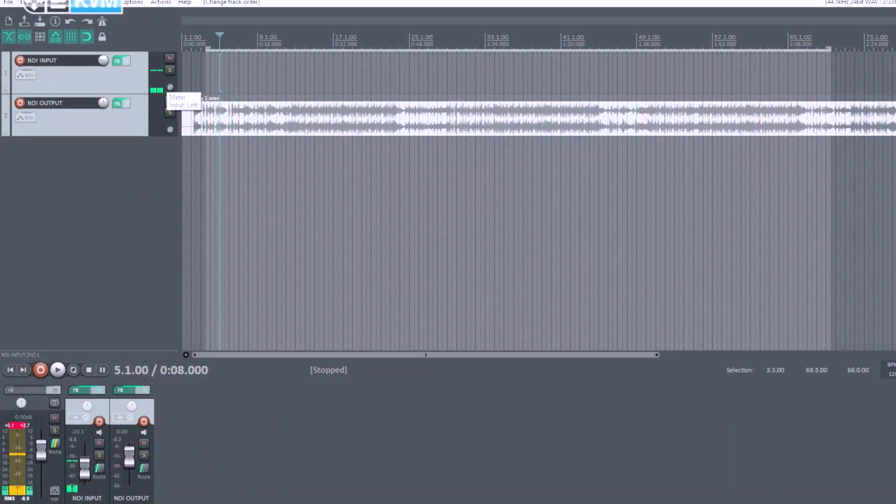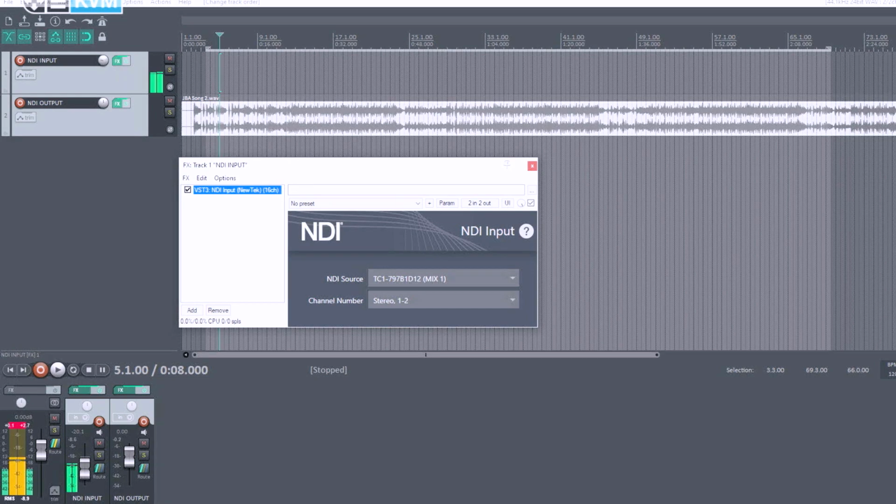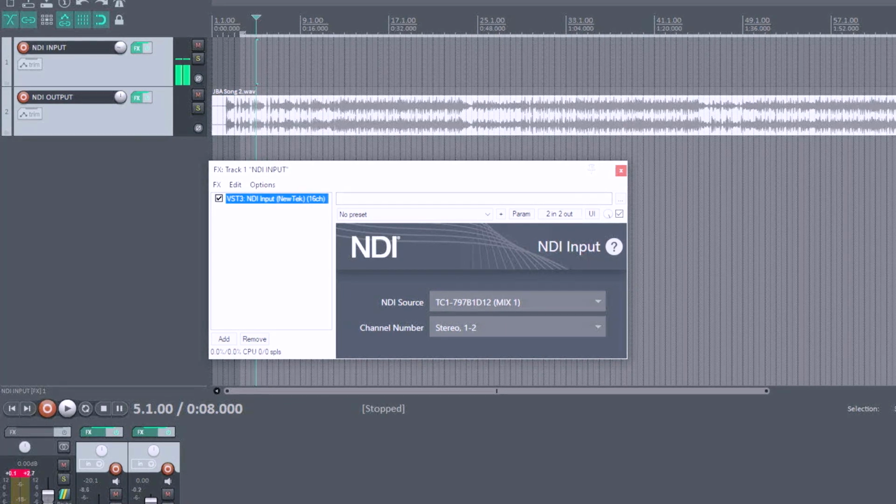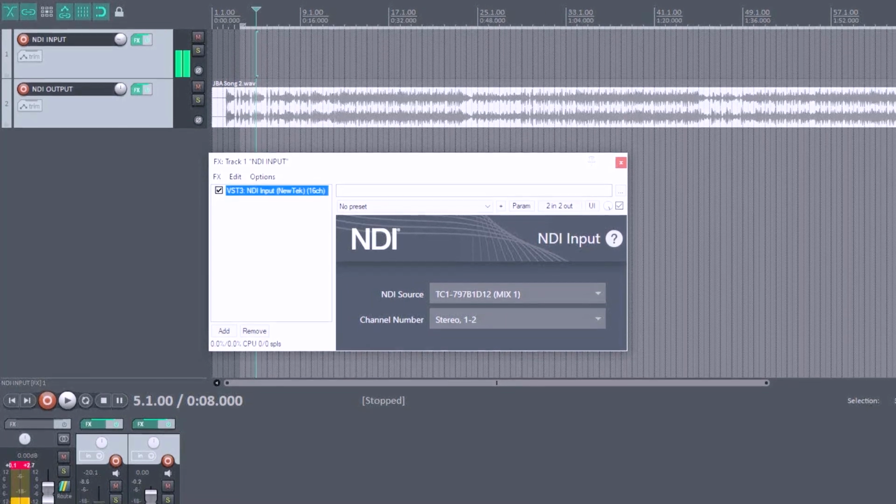So right now you'll see that we're peaking our meters. Pop. Pop. Just want to make sure everybody saw that. That was real-time audio right there. This is real-time audio because if I go to effects here, this is going to open up an effects chain of all the different things you could use, compressors, EQs, and stuff. And that is the NDI plugin. That's right, the NDI plugin. Yeah, exactly. Cool. So that is what that looks like.